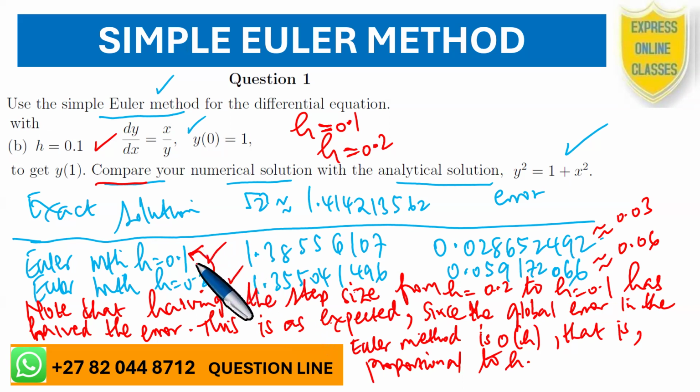And then now at 0.1, it is 1.38556107. And therefore, at this point, you can see that we are closer to the accurate result. The accurate result from the analytical solution is 1.4. At 0.2, we have 1.35, and then this is 1.38. 1.38 is closer to 1.4, meaning therefore that when we halve the h, the smaller the h,